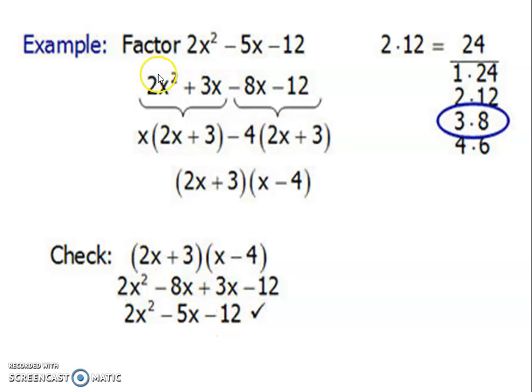We take some example to get an idea about the factors of any quadratic or linear equation. How? Suppose the example given is: factor 2x raised to 2 minus 5x minus 2. So we know that 12 and 2 multiplication is 24. So we have these options, how much we have to